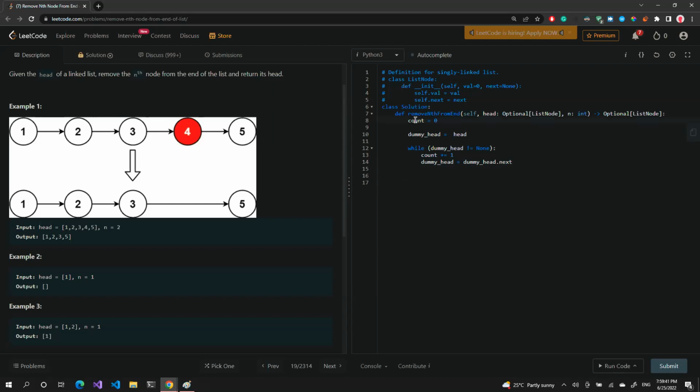Sorry, I'm just making sure. So it starts at 0, 1, 2, 3, 4. So in the first test case, the count would return a 4. And we want to get rid of the,